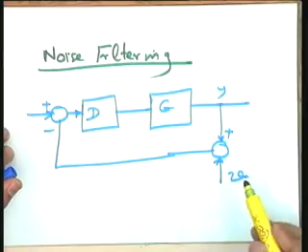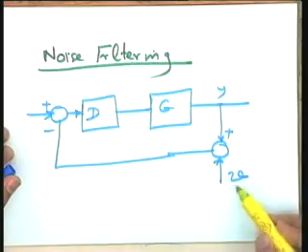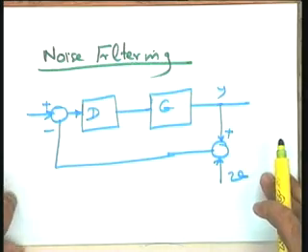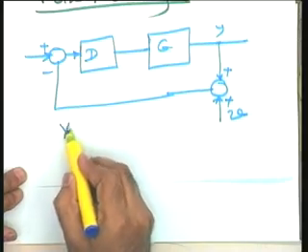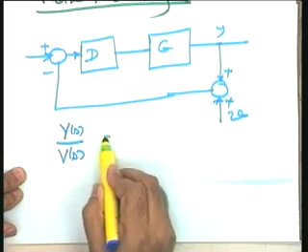And let us see how is the loop gain going to affect this noise effect. And I want you to give me the transfer function between V and Y, V as the input and Y as the output. Help me please. I think you can just look at this block diagram quickly and give me the transfer function. I need the answer from you please. Y(s) over V(s) is equal to what?